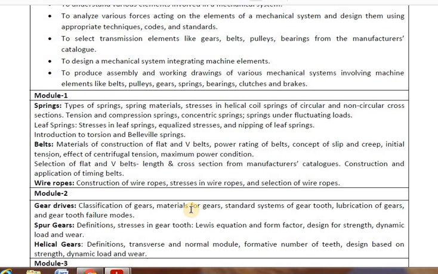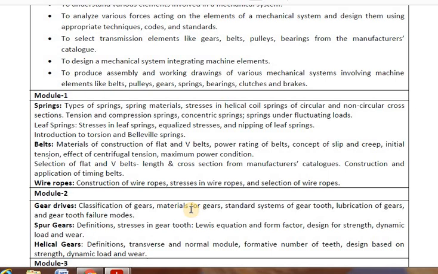Springs are used in a spring balance for measuring weights. There are many applications of springs. In railway wagons also you find springs. You find springs in baby playing toys also. In an ordinary mechanical watch there is also a spring for movement of the hands. Likewise, springs find very many applications.